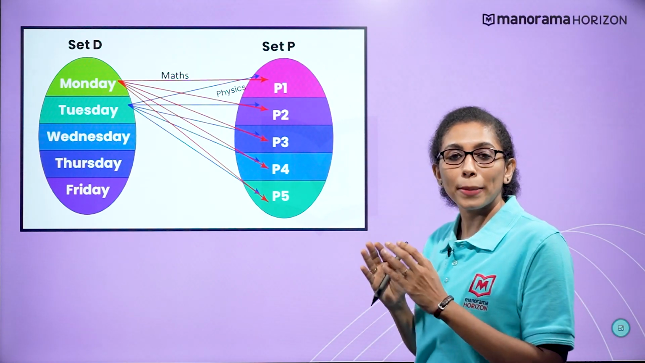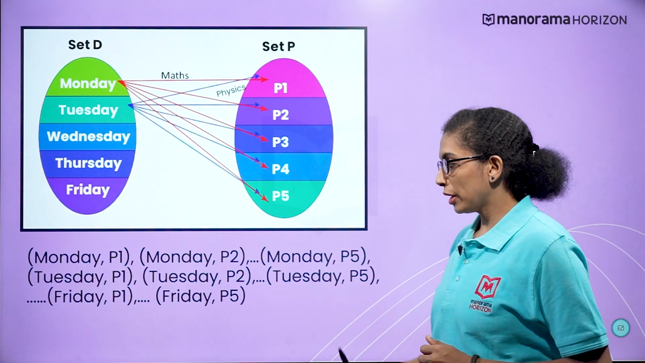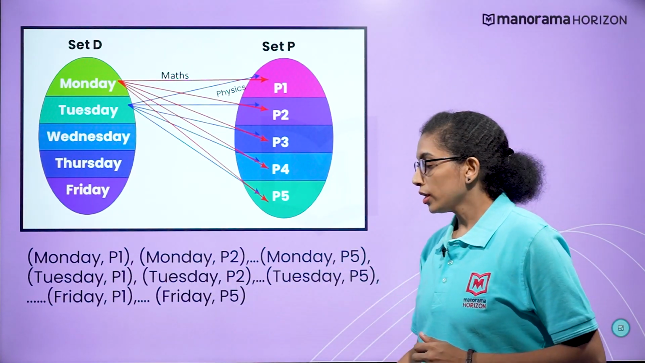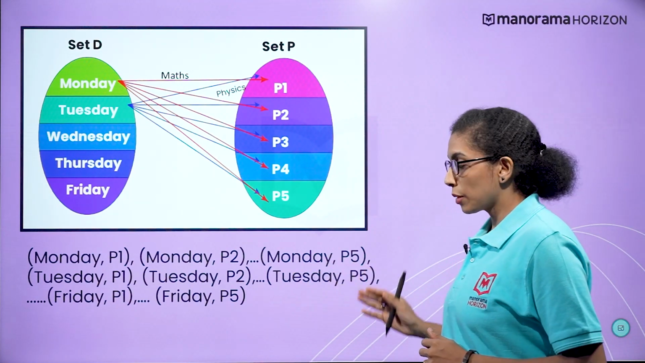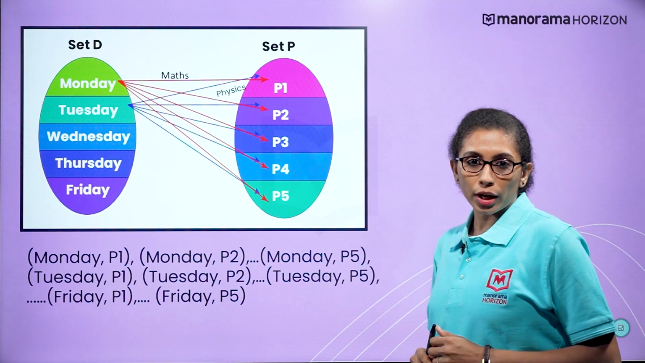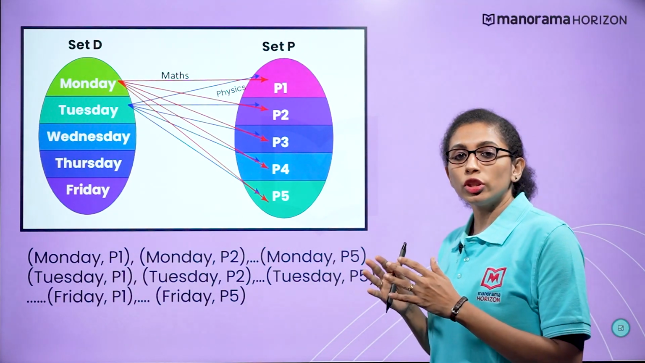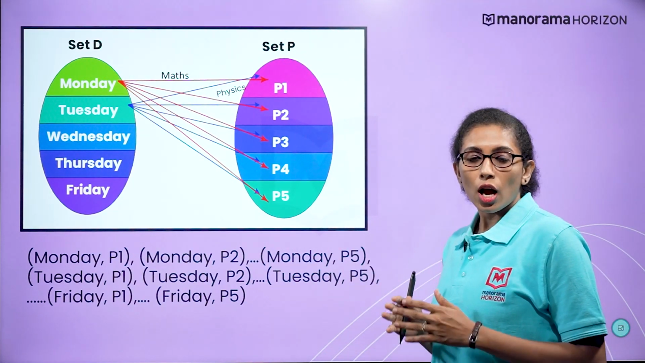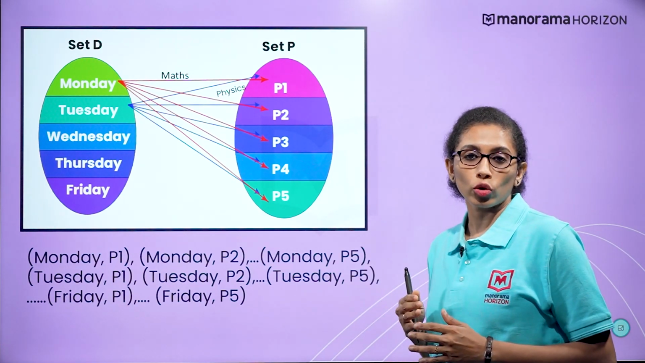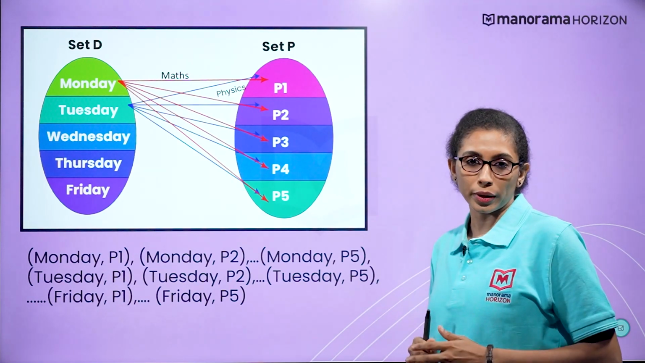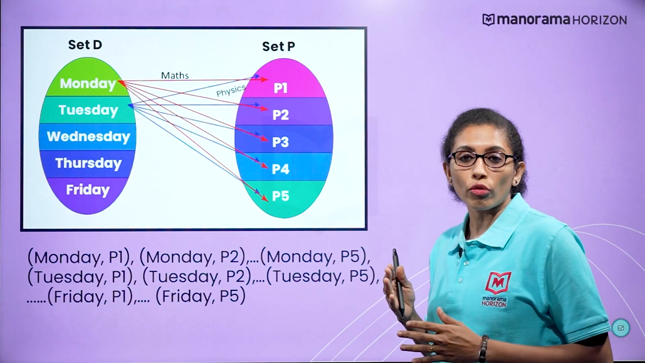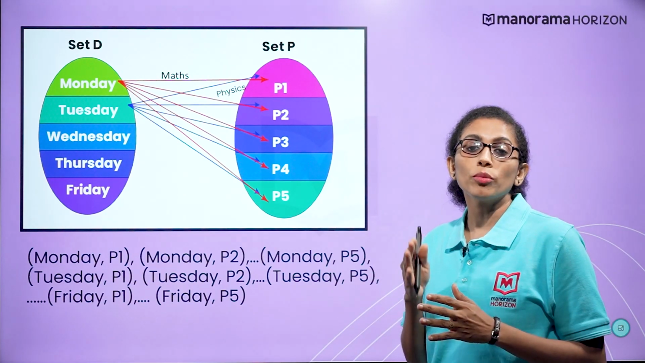So we get pairs in this manner. Monday P1, Monday P2, up to Monday P5, Tuesday P1, Tuesday P2, likewise Tuesday P5, Friday P1, and so on up to Friday P5. Repeating this format for the remaining days till Friday. Our aim is to write all possible ways in which a subject should be followed on which day and throughout which period. This list is complete as it gives a clear picture of what's happening within the classroom at any